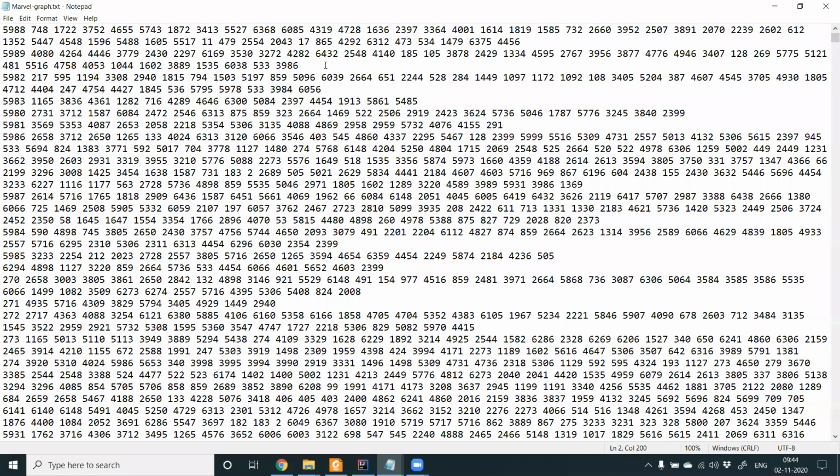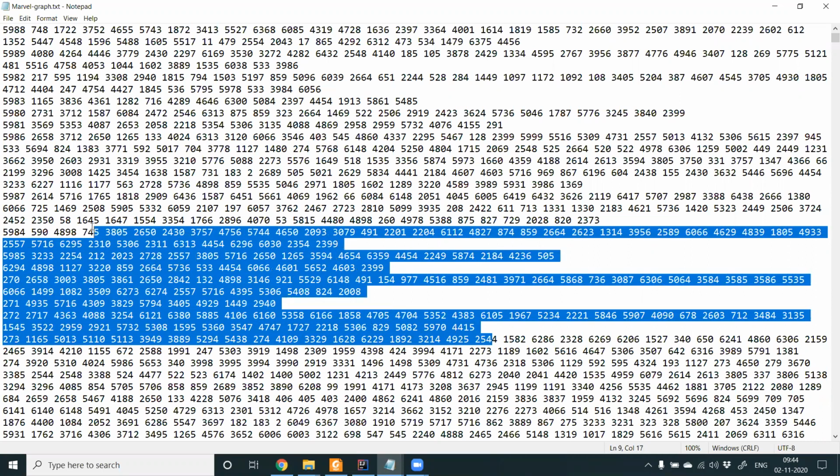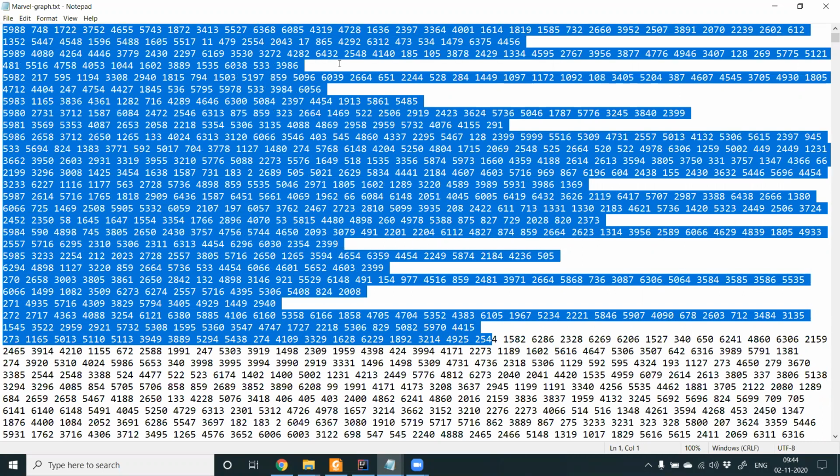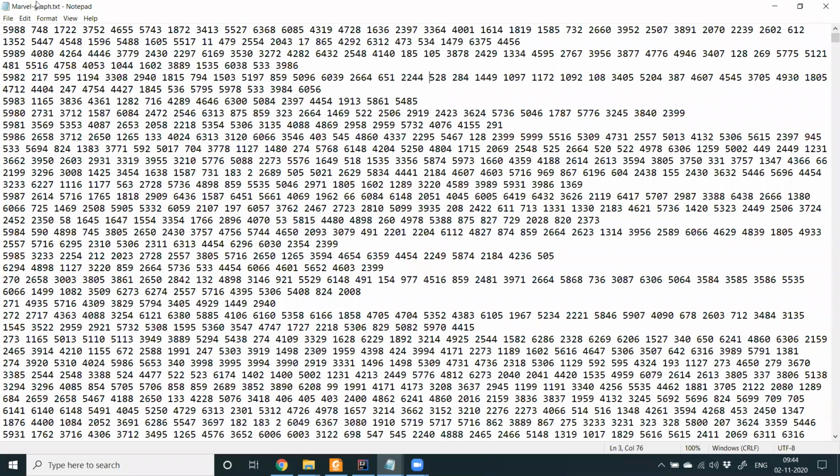In this example, we will see some more of unstructured data and operating on it through Dataset, and take advantage of Spark SQL in these data analytics problems. So in this dataset, you can see a lot of numbers here. This is essentially a social network dataset of Marvel Universe superheroes.